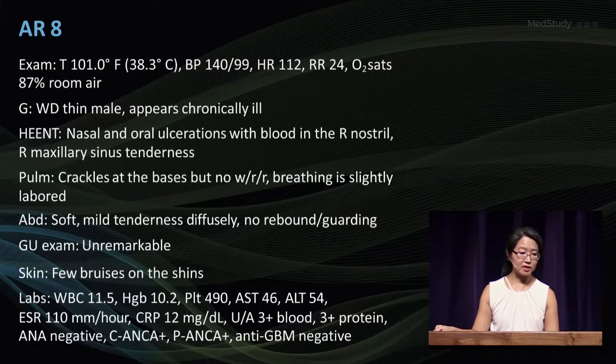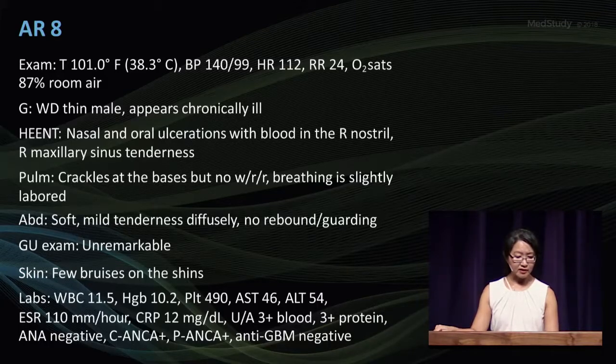On exam, his temperature is 101 degrees Fahrenheit. He has high blood pressure of 140/99, tachycardia at 112, and his O2 sats was 87% in room air. On exam, he appears chronically ill. HENT exam shows oral and nasal ulcerations with blood in the right nostril. He also has right maxillary sinus tenderness. His pulmonary exam shows crackles at the bases. Breathing is labored. And in terms of his abdominal exam, mild diffuse tenderness, no rebound, no guarding. GU exam is unremarkable. He does have a few bruises on his shins,